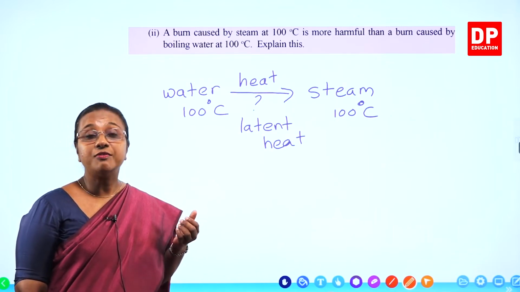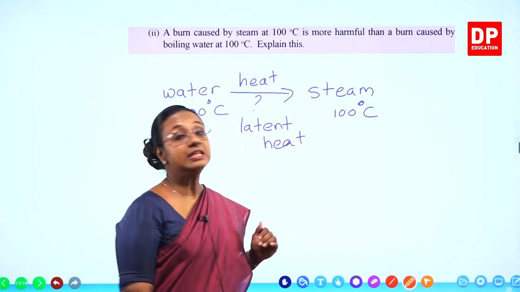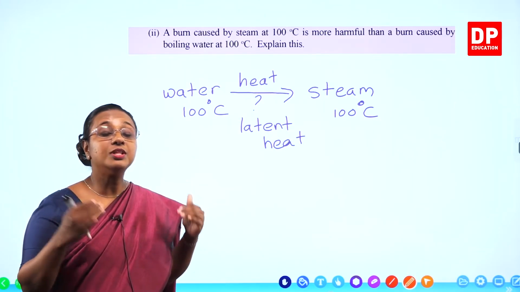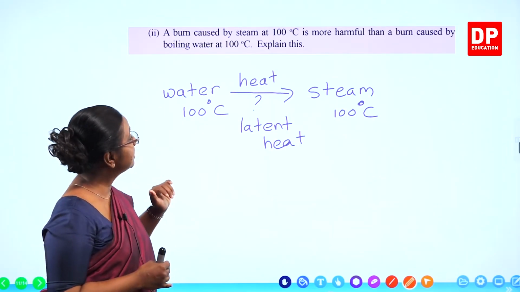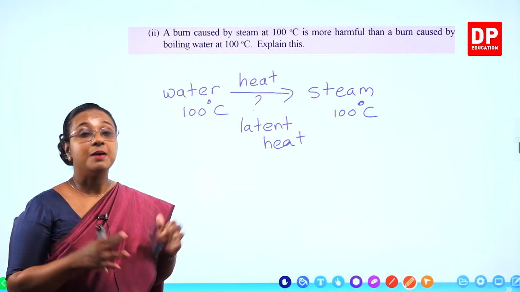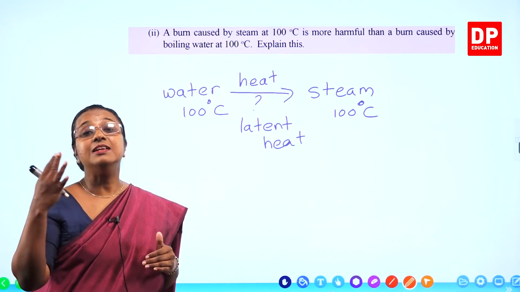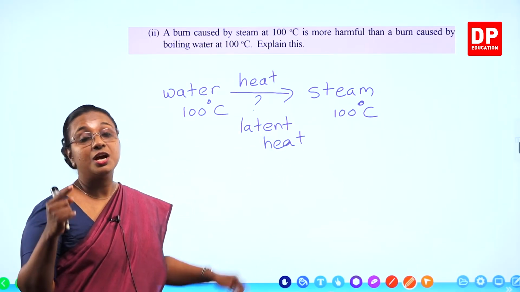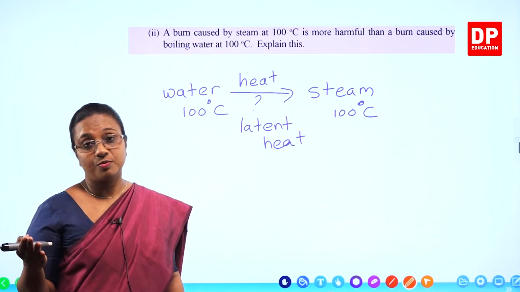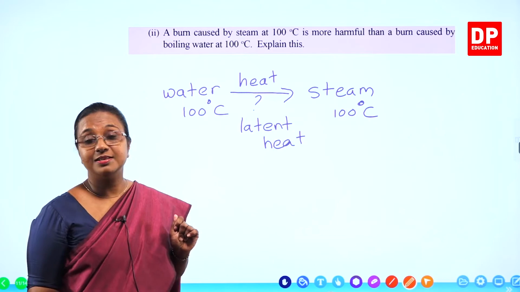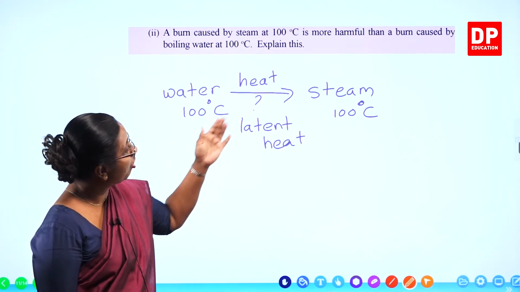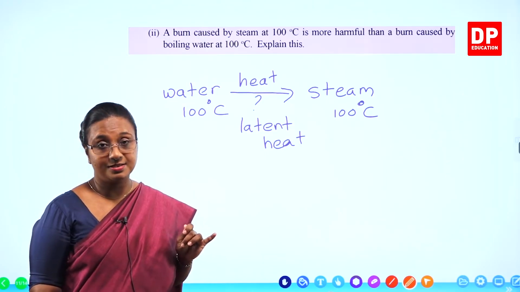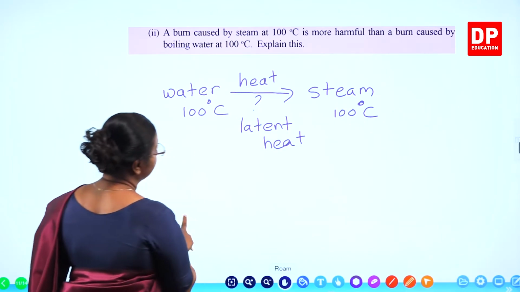So that amount of heat will be present in steam, but that is not there in water. So that means although the temperatures are same, 100 degrees Celsius water, 100 degrees Celsius steam, but steam will have more heat energy. That is the concept of latent heat. There is no temperature change, but there is heat being absorbed. So therefore, steam at 100 degrees Celsius will cause more damage or more harm to a burn than water at 100 degrees Celsius. So if we write the explanation,